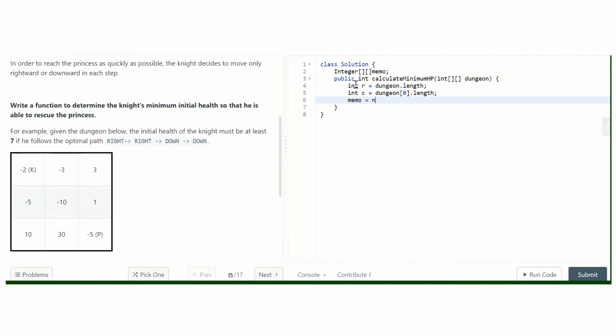Initialize our memo with new integer[r][c], and let's call a function. We start from 0 comma 0, with the knight standing here, and the dungeon, and simply return this.